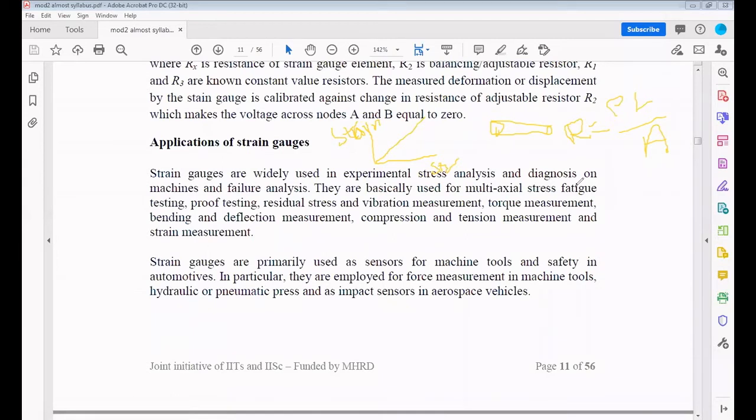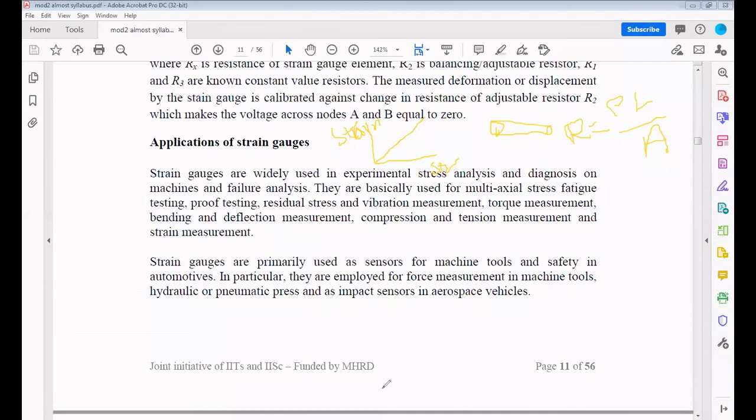If there are any medicines, they will provide them. The same procedure applies to machinery. In any industry, machinery can be damaged, and we don't know exactly what the damage inside that machinery is. Outside there is no problem, but there is a problem inside the machine, and we cannot find it out or observe it. So we use strain gauges, which are also one type of sensor. Strain gauges are primarily used as sensors.